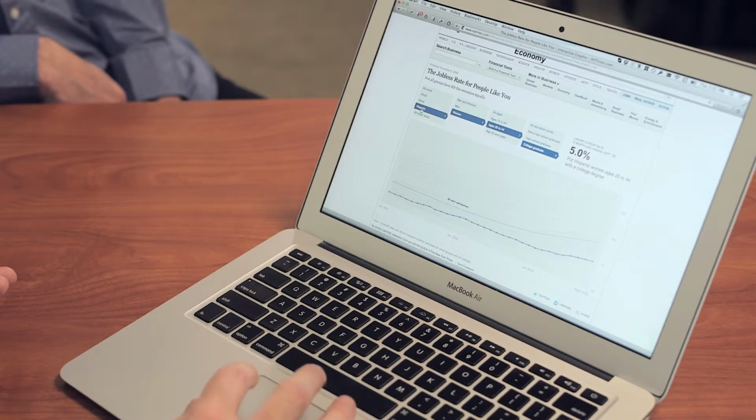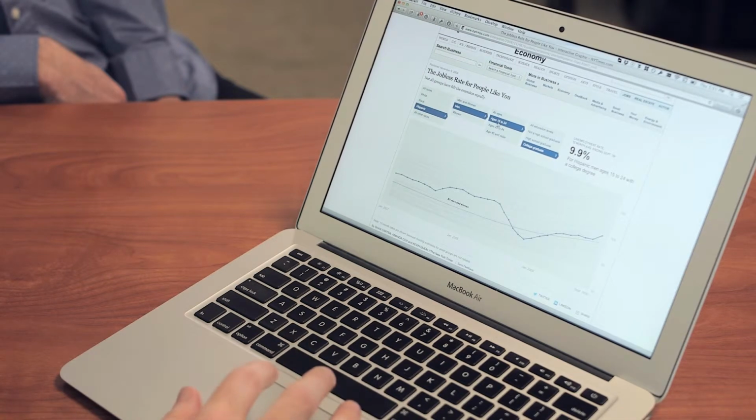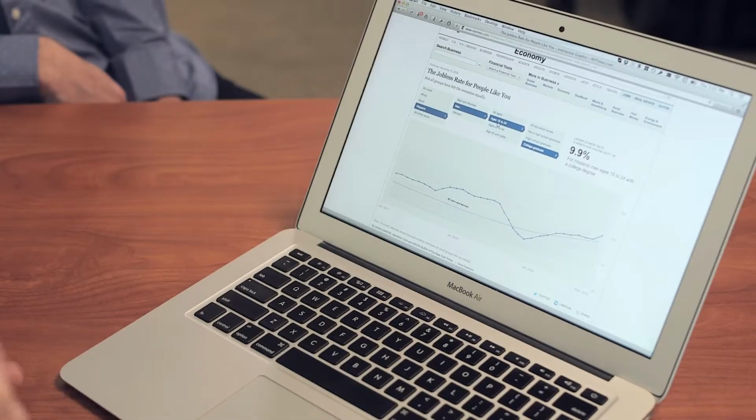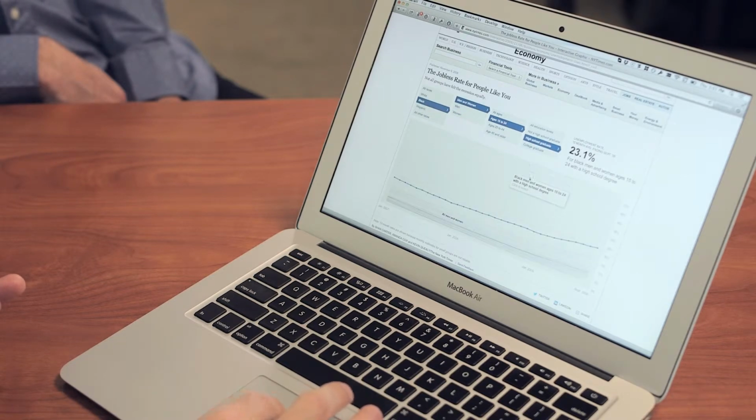But we could change it, maybe say Hispanic men who are younger, for example. We can see the fluctuations over time for that group and see that they have a much higher unemployment rate, at least as of 2009, right? So I think this is really, let's see, if we click into some of these, I think this rescales too. Yeah, so,